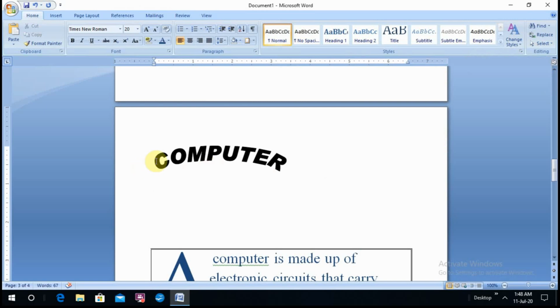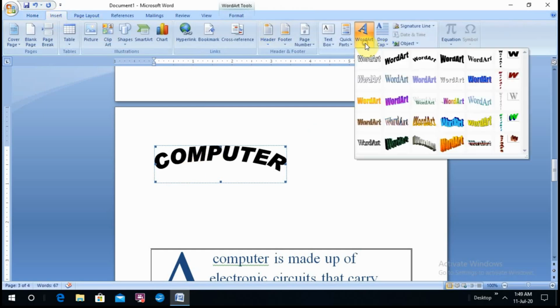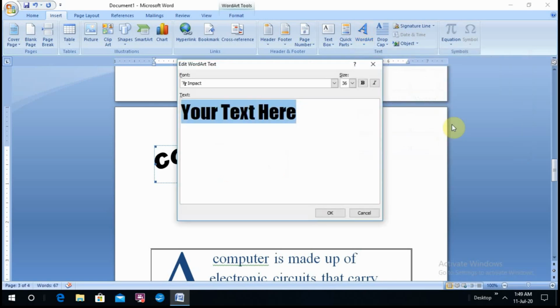First of all, what we will do, we will go to insert, then word art, and from here we can insert any. Suppose I am doing this one, so it will ask your text here what you want. Suppose I am typing computer.